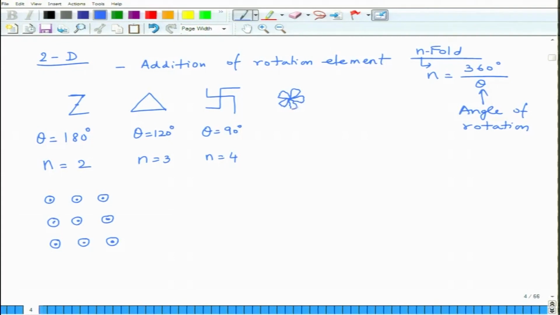Better, right? So, you have 5 petals here. So, here you need to provide a rotation of 72 degree, 5 fold. If you look at the ice flakes, or if you look at things like this, their ice flakes are something like that. They are sort of 6 fold symmetry. So, here you need to provide a rotation of 60 degree, and this n will be equal to 6, and